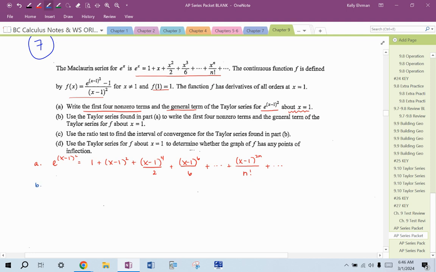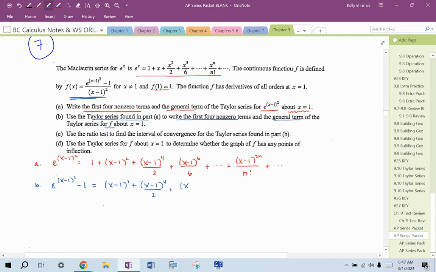For part B, use the Taylor series found in part A to write the first 4 non-zero terms and the general term of the Taylor series for f. Remember, f is this thing, about x equals 1. So do this in stages. E to the (x minus 1) squared minus 1 should be addressed first because of order of operations, you do that math first in this fraction if you're plugging numbers in. Now, if you subtract 1 from the above function, all it would do is cancel out the 1. So this would start at (x minus 1) squared plus (x minus 1) to the 4th over 2